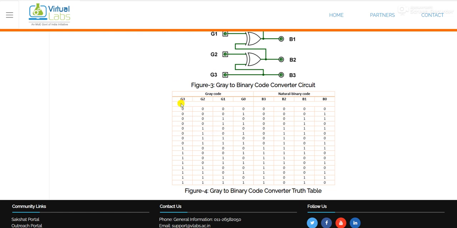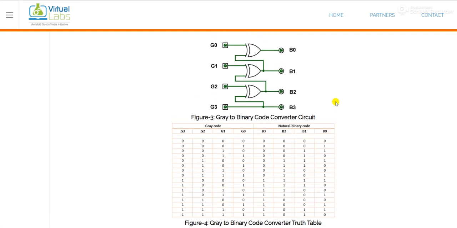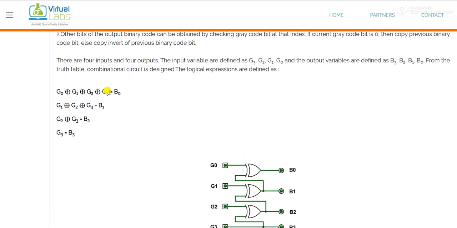This is a 4-bit gray code G3, G2, G1, G0, and this is B3, B2, B1, B0, the 4-bit binary output. The expression for B0, B1, B2, B3 is like this: the XOR operation between different inputs, like G0 XOR G1 XOR G2 XOR G3.